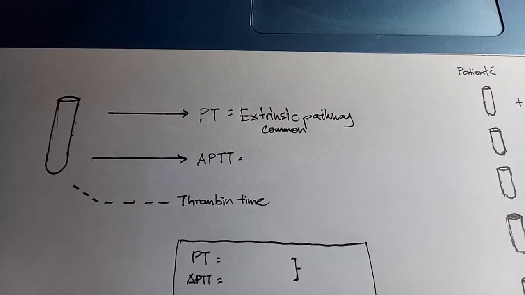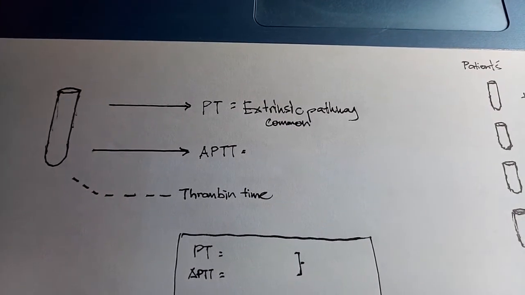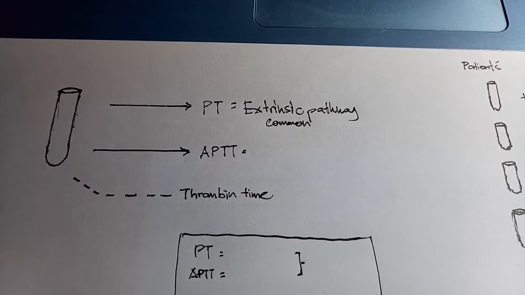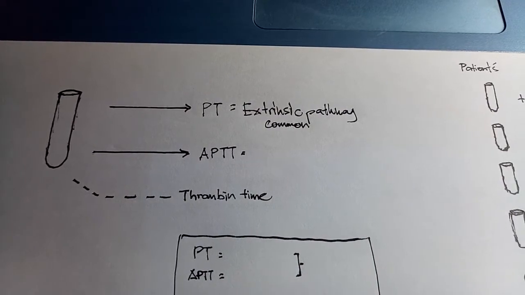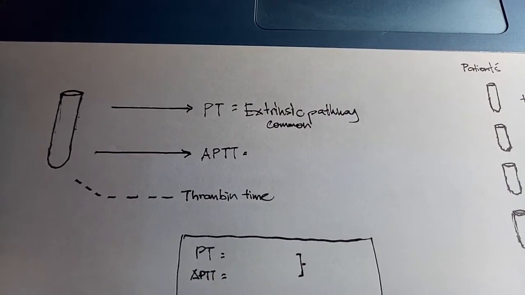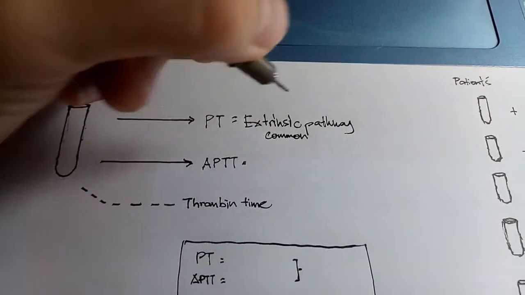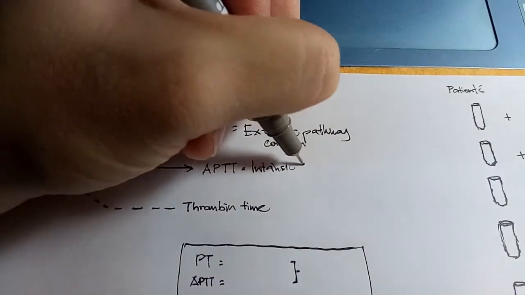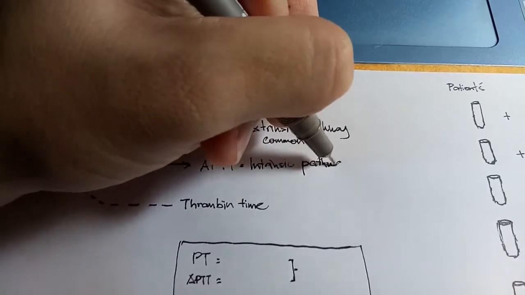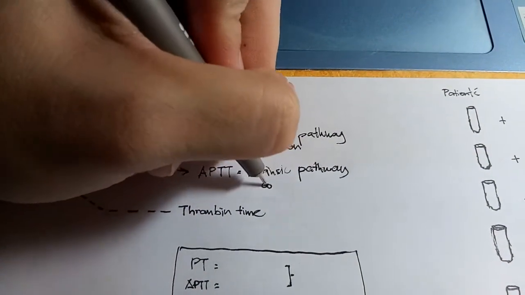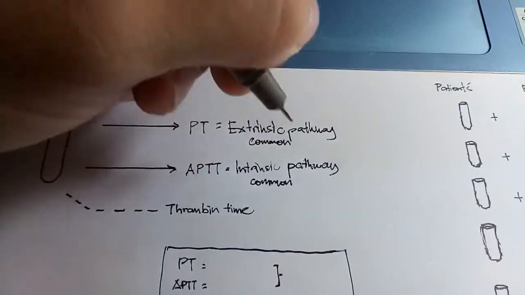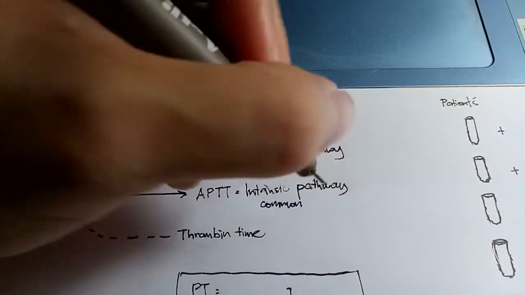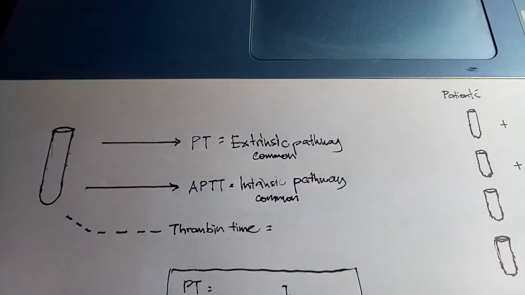Next is your APTT. The APTT is a test that detects missing or deficient coagulation factors that belong to the intrinsic pathway and also the common pathway. The thrombin time, if we add it, detects